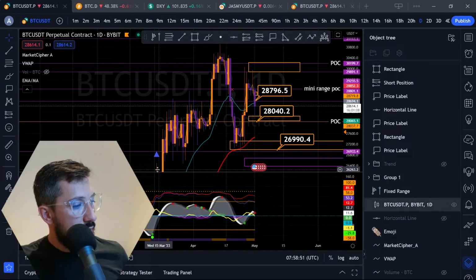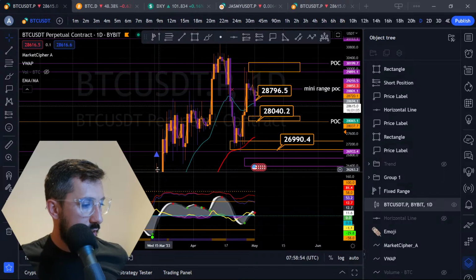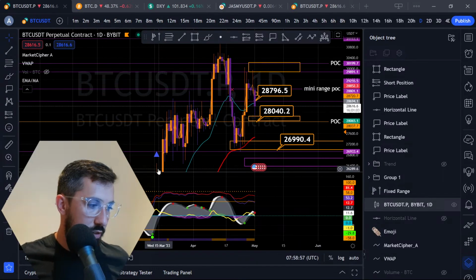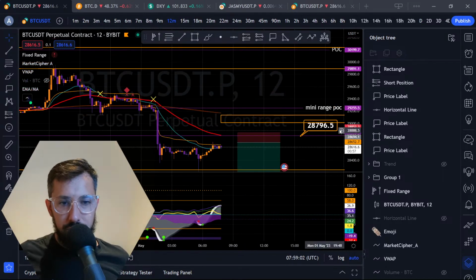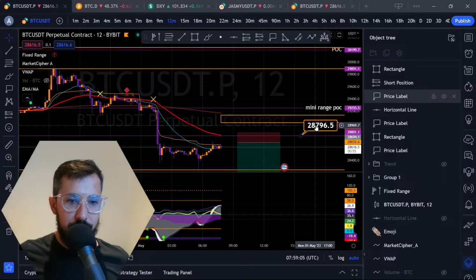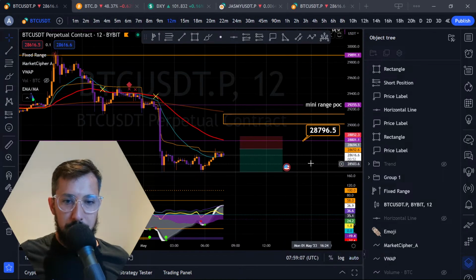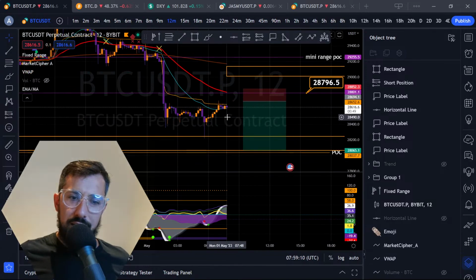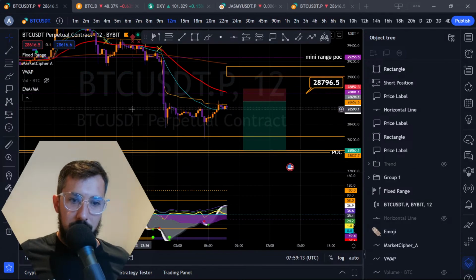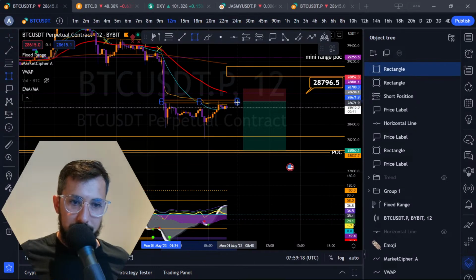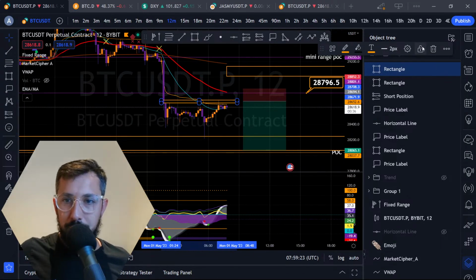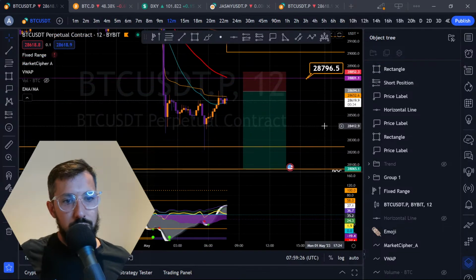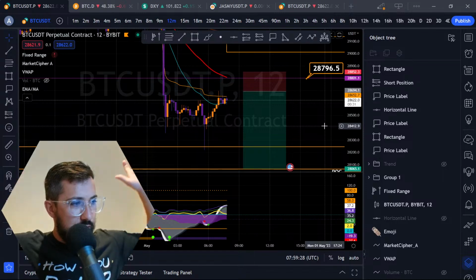Dale Edgecombe, some lower time frames looking to curl up, hoping I can add to my shorts closer to 28.8. Whoo-wee, good areas, good levels. I like 28.8. We got that marked out on our chart. So we are looking at that level too. Maybe I just add to my short when it goes up there. But right now we are in a short from up here. And the only confluence I had for this one is that the VWAP was here. This is a high. And I'm looking for a continuation to the downside. That was my confluence. But good risk management. Trying to trade the range. We'll see what happens. Counter trading.